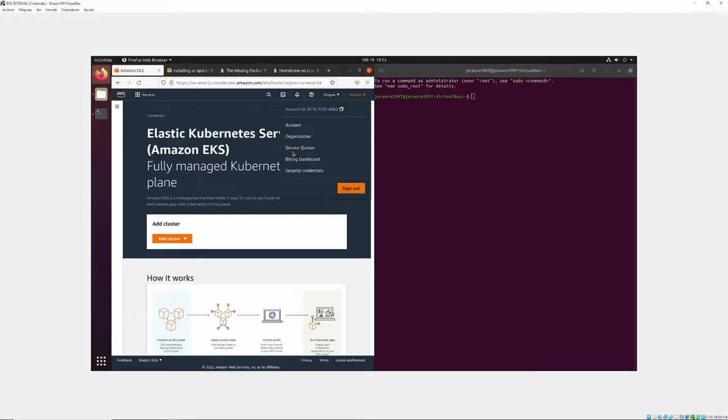Otherwise, if you start using this video tutorial and deploy something and then keep it running and your account is not eligible to do this for free, you will end up having to pay for something, and you might have a little bit of a surprise at the end. So a good idea is, if your account is new, don't worry, I don't think you'll have to pay for anything, but just in case, and if your account is not under a year old, keep on checking the billing dashboard